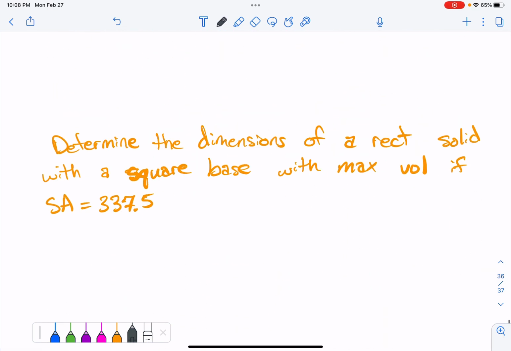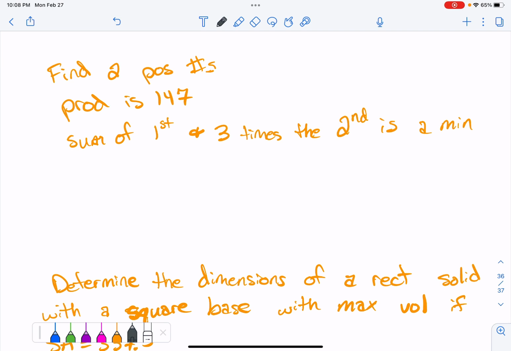All right, a couple more. These are the story problems, and then I'm done. All right, this one is asking for finding 2 positive numbers. Okay, so before we read any further, let's talk about our 2 positive numbers. We don't know that they're the same number, so we're going to call them 2 different things. We're going to call them x and y, or whatever variables you want to assign to them. We know that the product of them is